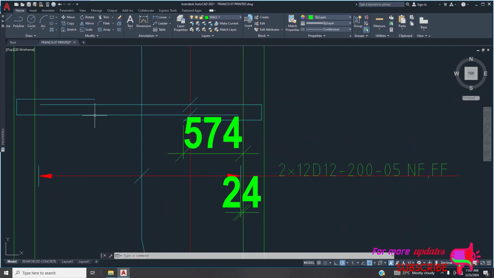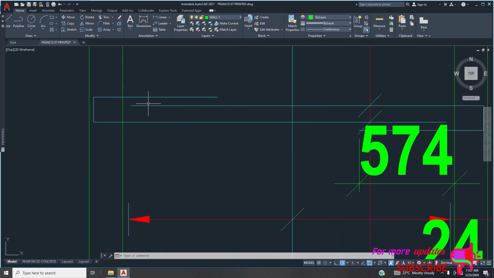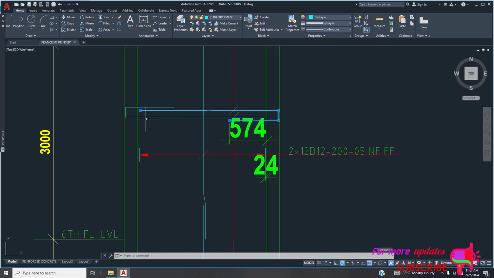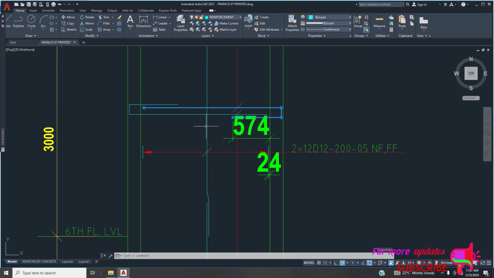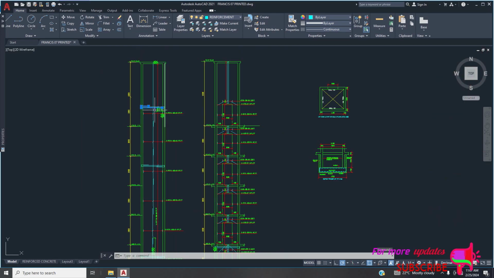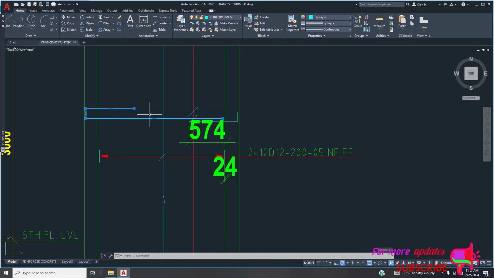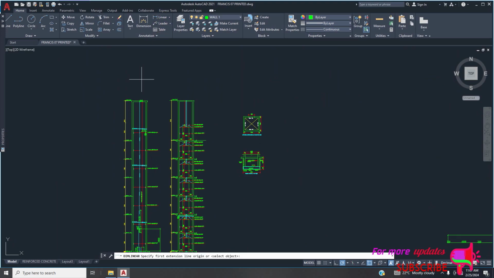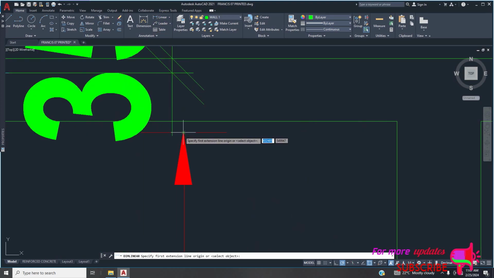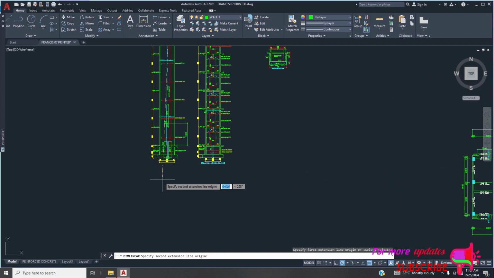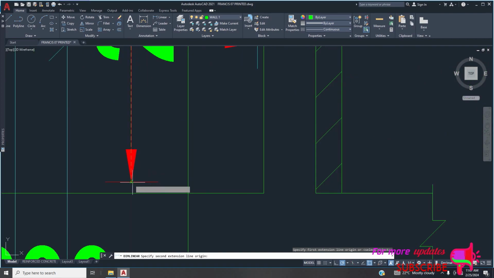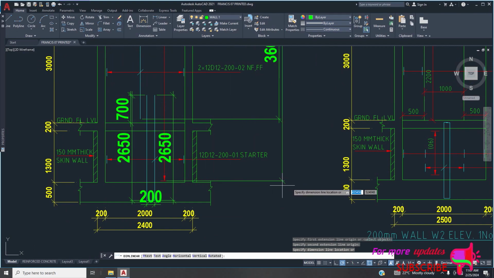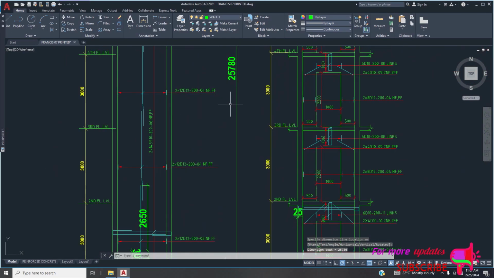The same thing for the transversal. These are the transversal. You can see this one is the near face, this one is the far face, right? So basically this one is the inner side and this one is the outer side, and how many, if you can do the distance, it's the same way with slabs. We divide this distance by the spacing, we will get the total number of bars required. So that is